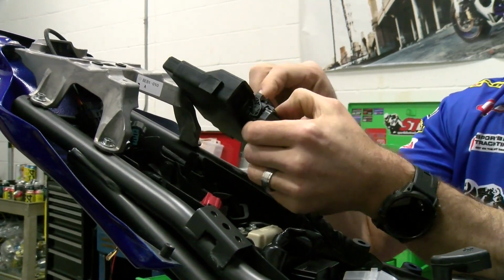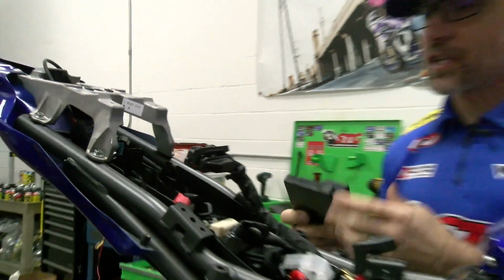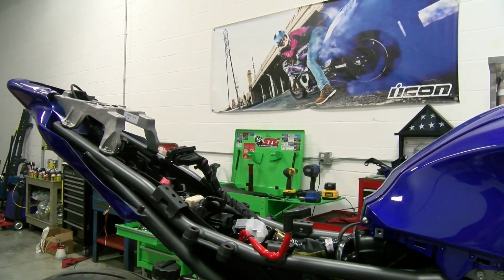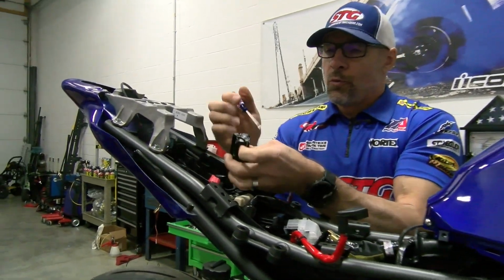Push in the center release. Pull back on the lever. It's going to release the connector. You want to make sure you put the ECU to the side. We need to remove